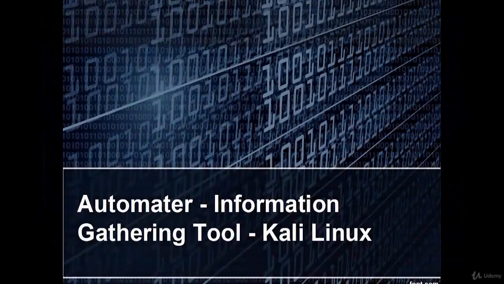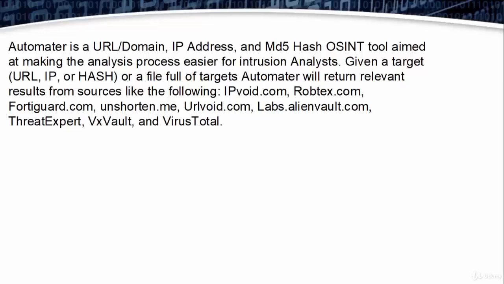Welcome. In this video we are going to learn Automator. It's an information gathering tool in Linux. Automator is a URL, IP address and MD5 hash OSINT tool aimed at making the analysis process easier for intrusion analysts. Given a target or a file full of targets, Automator will return relevant results from sources like the following: